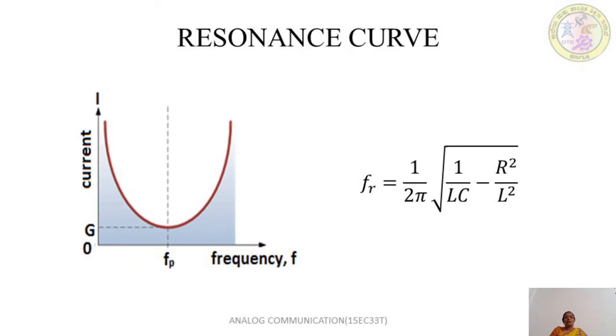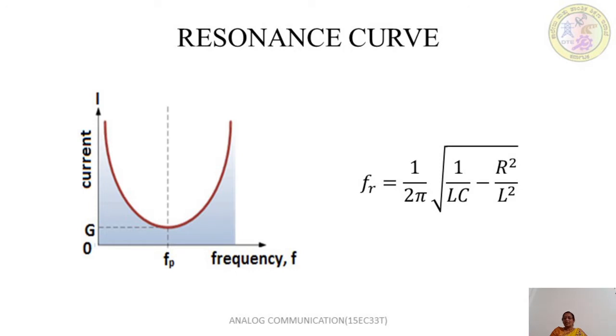Next, coming to the resonance curve. The frequency response curve of a parallel resonance shows that the magnitude of the current is a function of frequency. That is, as the frequency is increased, the current varies. See here in the diagram, it shows that the response starts at its maximum value, reaches a minimum value at the resonant frequency, and then increases again to maximum as the frequency becomes infinite.